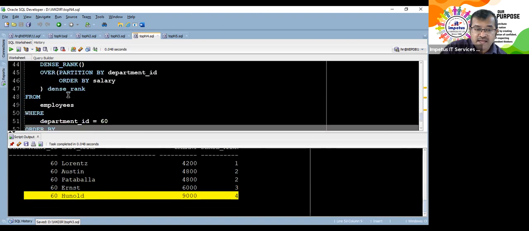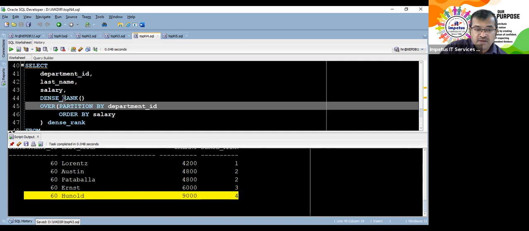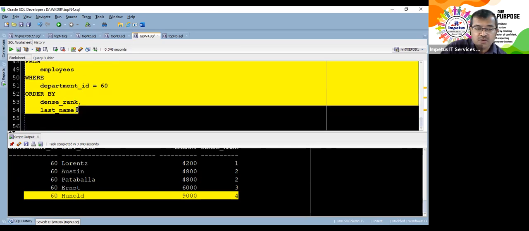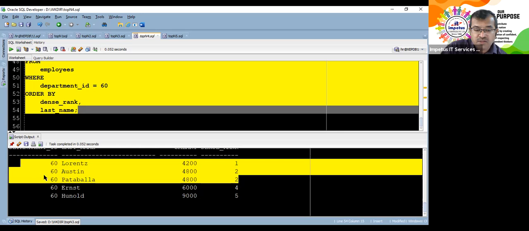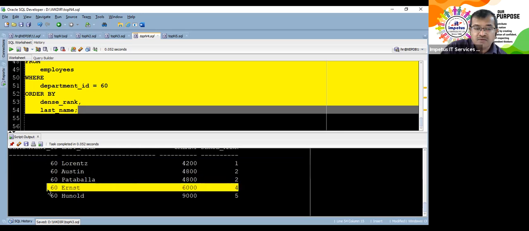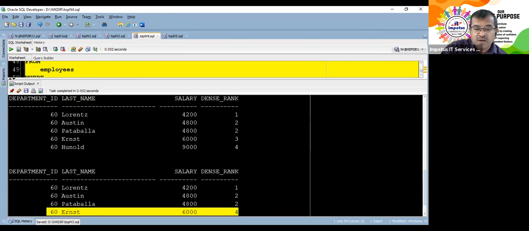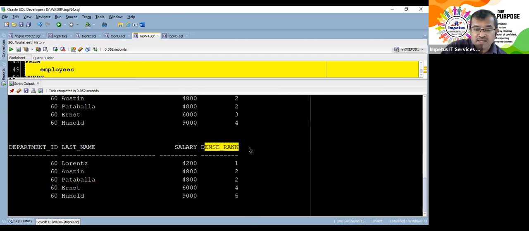But instead of dense rank, had I said rank, the only thing I do is remove dense and make it rank. Let the column heading be dense rank, it is not dense rank though. If I run this query, look at this: 1, 2. Up to here it's fine. After 2, what came directly? 4. That was wrong. With dense rank we had 1, 2, 2, 3, and 4. And with rank, don't read this heading, it is rank now: 1, 2, 2, 4, and 5. That's the difference.